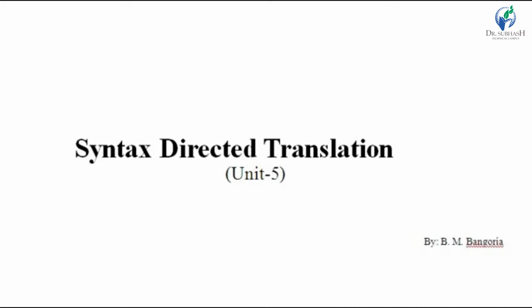Next I discuss different forms of three address code. There are 3 types of representation used for three address code. First one is quadruple, second is triples, and third one is indirect triples. Examples of three address code using these 3 types of representation I have already discussed in our previous video lecture. In today's lecture I will discuss syntax directed translation,